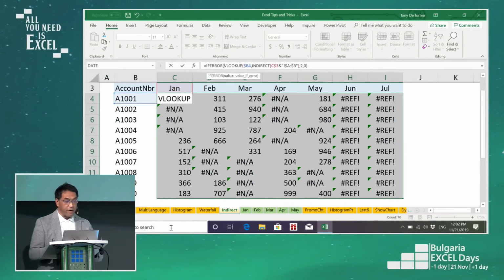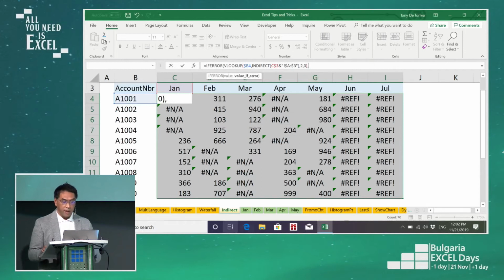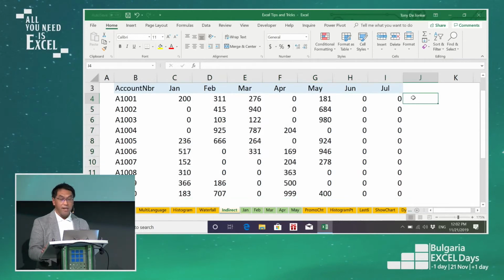IFERROR, and then comma or semicolon, 0. Control Enter, and there we have it. And now you can even make a nice